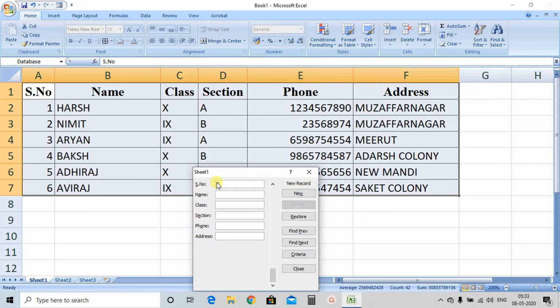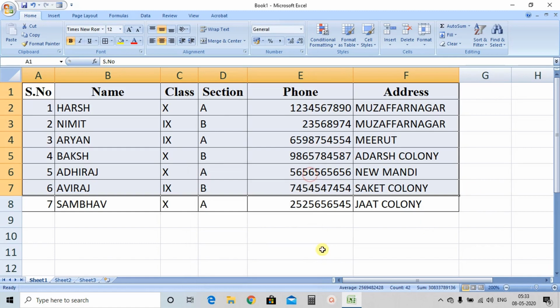Then serial number 7, class, section A, phone number, then address, enter. Clear? So I hope this thing is clear to you all.